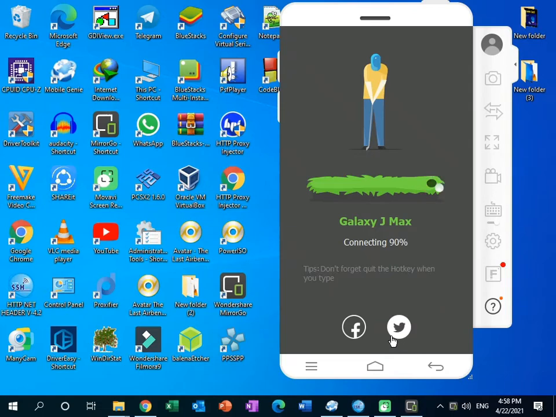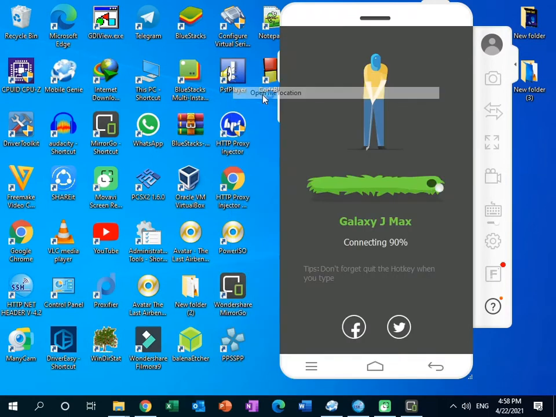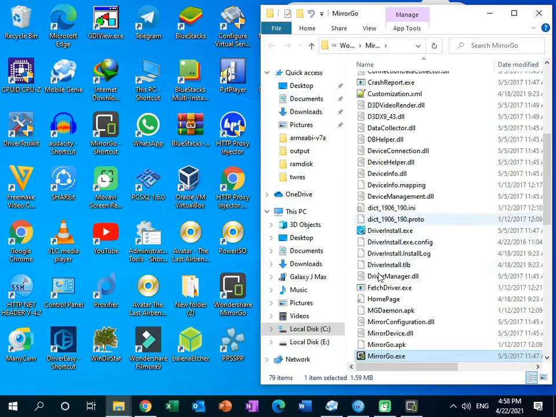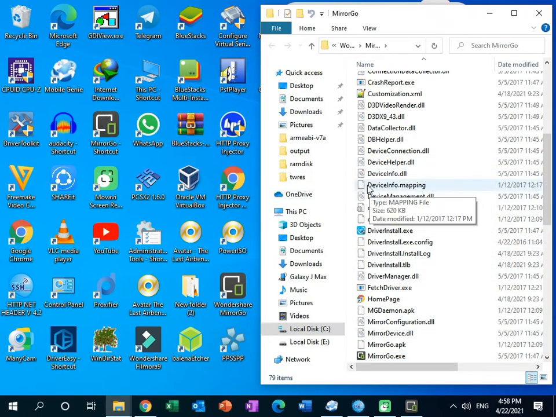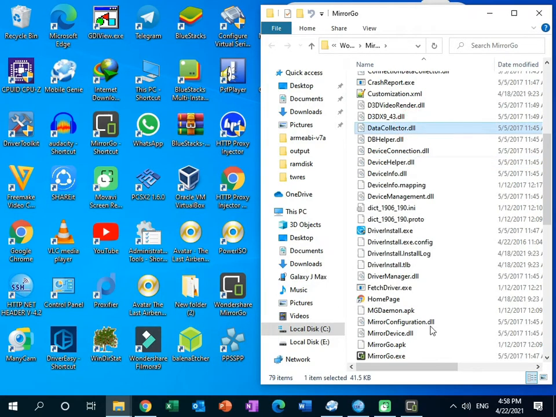But this application already worked on my device. You can download this cracked version of this application from the description of this video. After downloading the cracked version, you need to place some DLL files in the directory where we installed this application. You can find the directory of this application by right clicking on it and going to the open file location option. Then you can see there are some DLL files, and you need to open your RAR file and paste your DLL files here. Then you need to overwrite it.